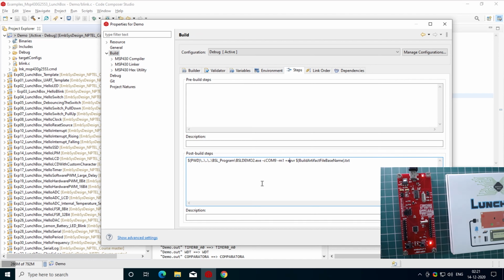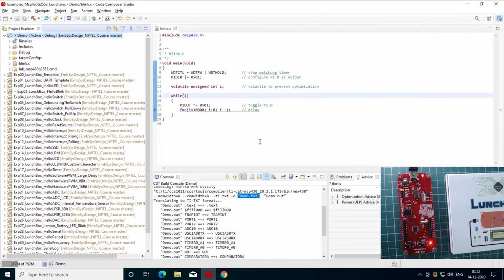There is a relative path to this BSL demo program mentioned over here, and the COM port number mentioned is 9. So we will change this to 3, and thereafter we will apply and close.